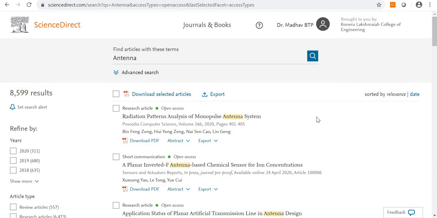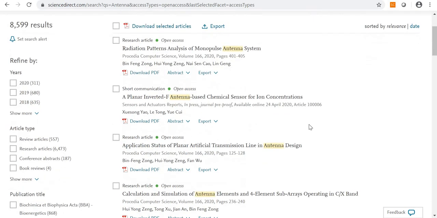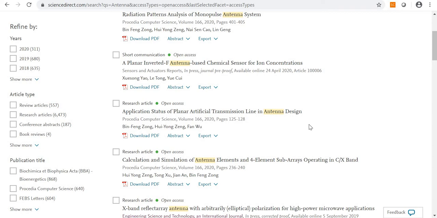Now you can see whatever articles that you are observing here, a planar inverted F antenna based chemical sensor for ion concentration. All those articles you can download directly, because all these articles are under open access. For example, I would like to read this particular article. Simply I will click on download.